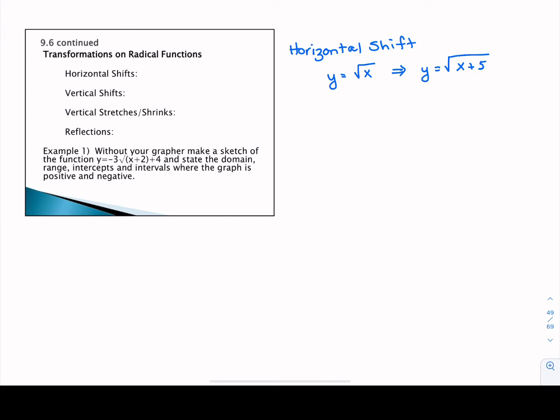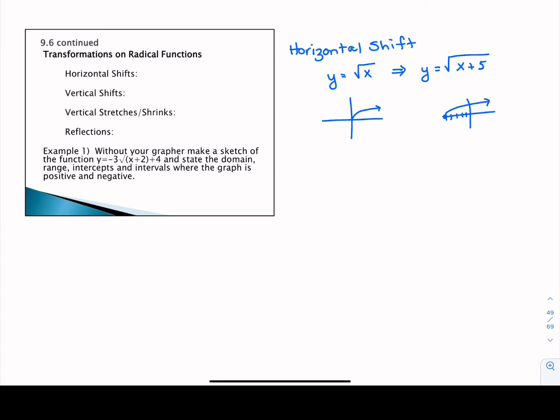That kind of transformation is a horizontal change, and we know that horizontal changes are backwards logically. So plus actually means move to the left by 5 units. So if I were to sketch the square root of x, and I were to sketch the square root of x plus 5, I know I have to shift that original point from (0, 0) 5 units to the left. So it still opens the same way and holds the same shape, but it's further to the left than it was originally. So these kinds of transformations behave very much the same as the transformations we explored in earlier sections